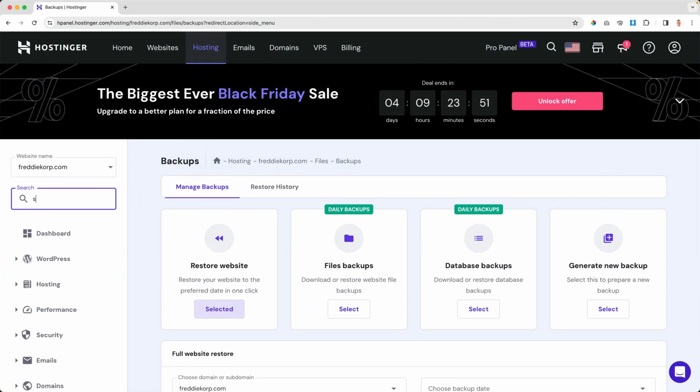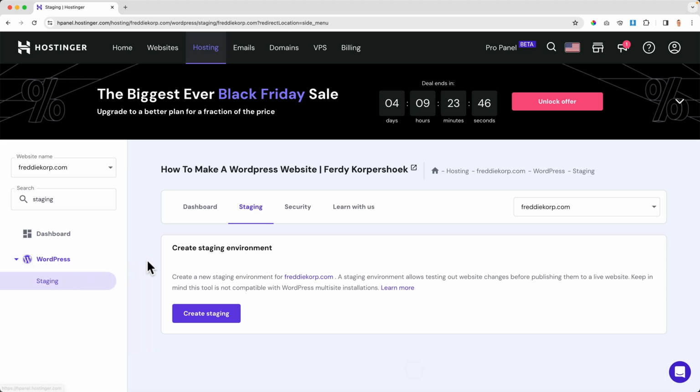I can search for staging, WordPress staging. What you can do, you can create a temporary subdomain, adjust things, and when you're happy with the results, the adjustments, your site is perfectly working, then you can click on one button, and your staging environment will be published to the live website. Why do that? If you break your website down during the changing in the staging area, your live website will still be intact. So if you're doing big updates, use the staging tool.